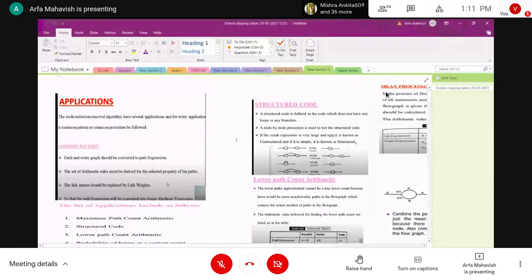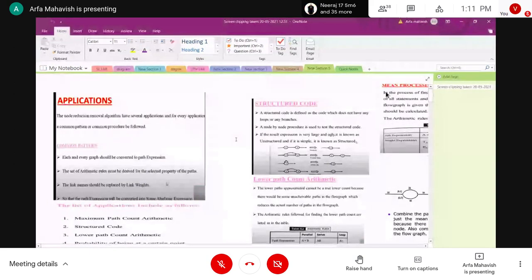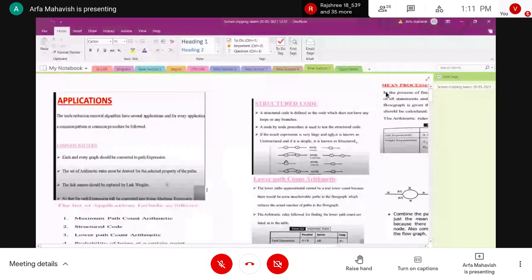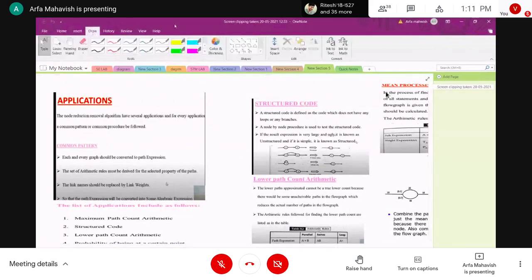So in the reduction procedure we have some applications. We have discussed these applications previously. I will give some basic things, then we will continue with these sections. In this section we will complete the 5 types of application of reduction. We saw the applications in the last class, the node removal. So these are the applications for the reduction procedure.